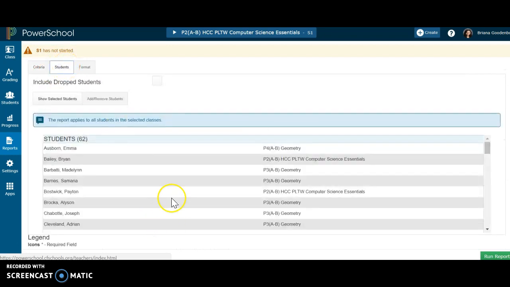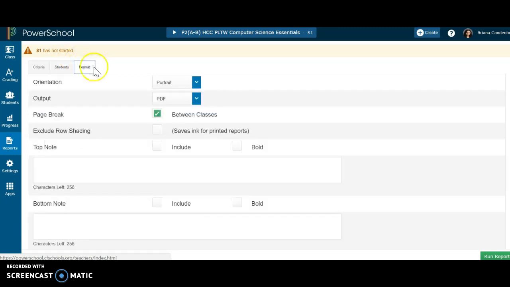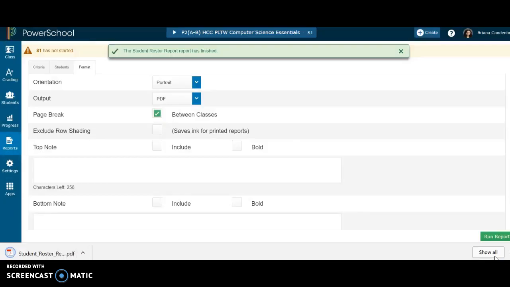At the top, you can also choose certain students to include or remove. And then formatting, you can choose portrait or landscape. And I like to put a page break between my classes. So once you run the report,